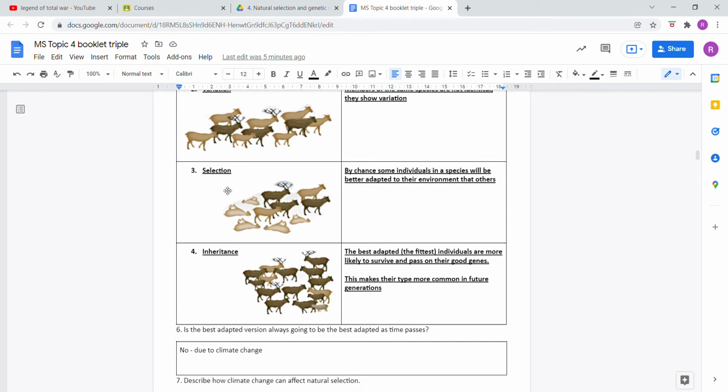Second stage is this thing called selection, hence why it's called natural selection. It's called natural selection because nature is selecting which individual is best adapted. So by chance, it's just luck. Some individuals are better adapted than others just because of the genes they happen to have inherited, and they're more likely to survive. And then the final stage is inheritance, which is simply saying that those best adapted ones are